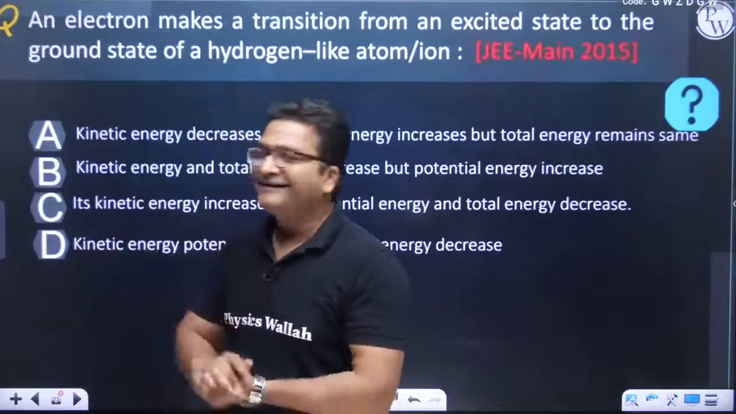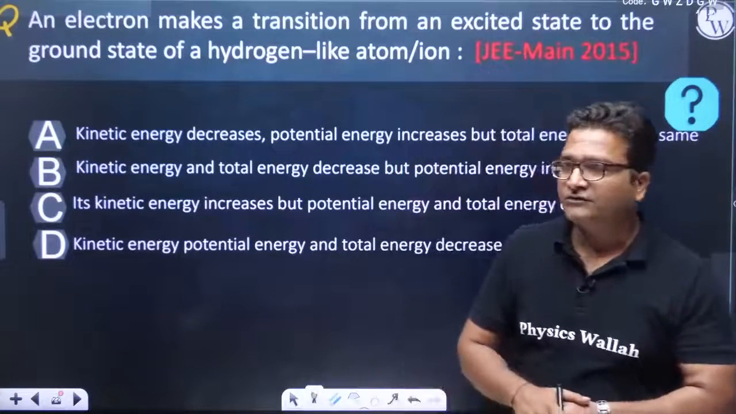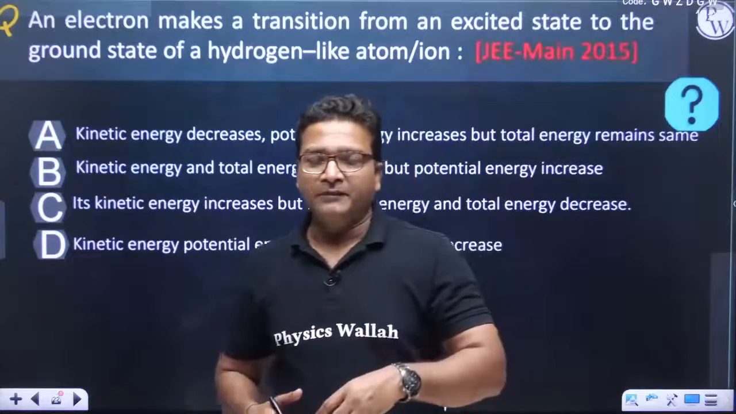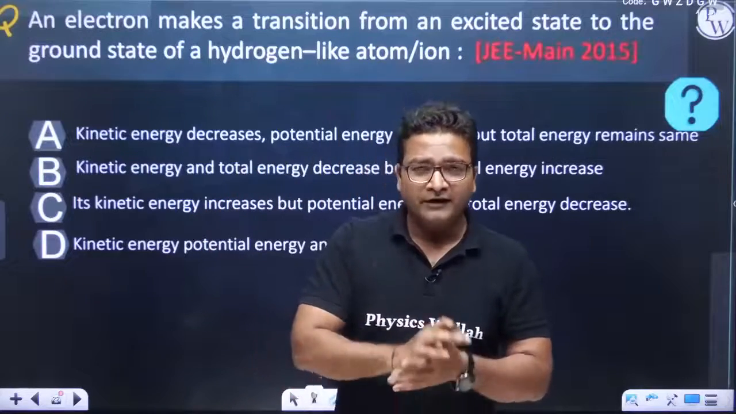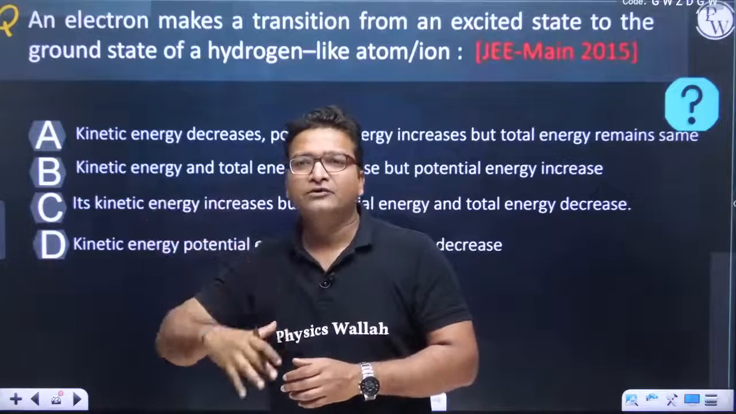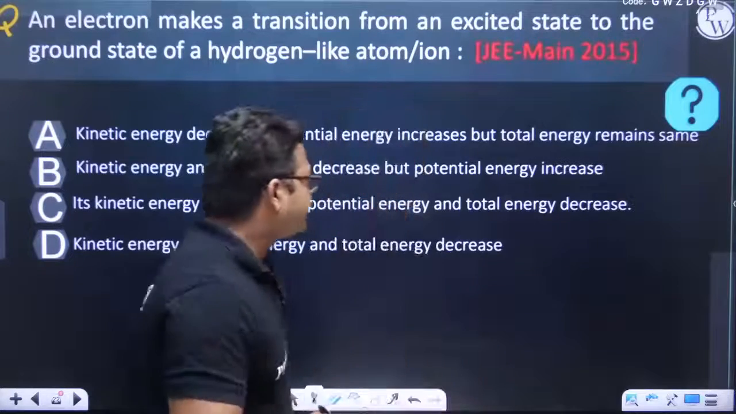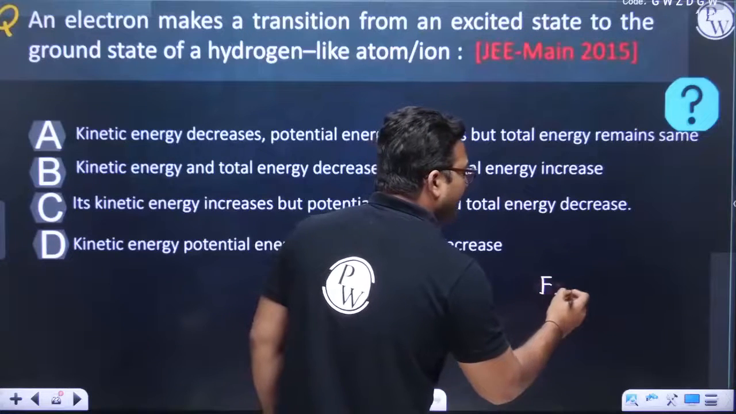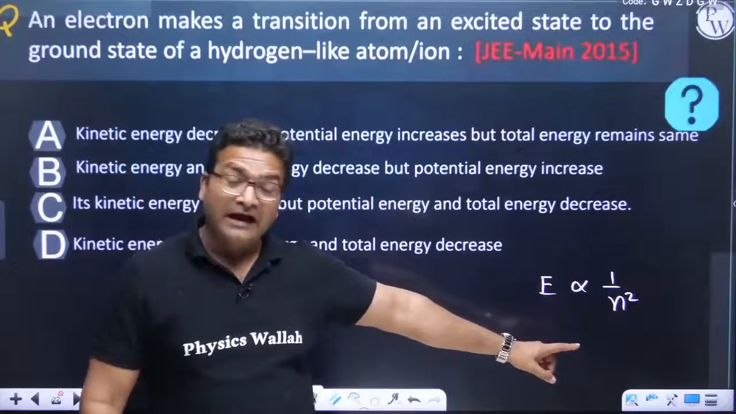Okay, next. Here they say the electron makes a transition from an excited state to the ground state, means the electron is coming from a higher state to the ground state. What is ground state? The first orbit is your ground state. So electron is jumping from a higher state to lower state. What happens to the energy? Let us see. As you know, all energies are proportional to 1 over n square. So as n is decreasing,